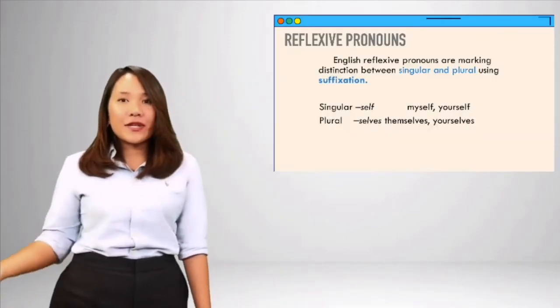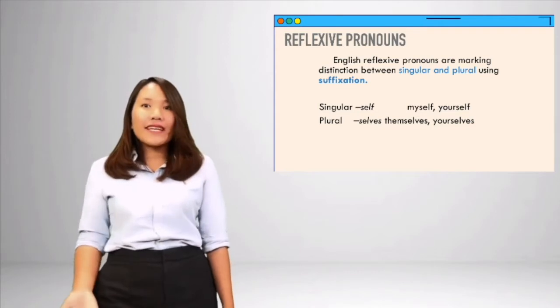Next, the second type of pronoun that receives inflection is the reflexive pronoun. Reflexive pronouns are pronouns that refer back to a person or a thing. For example, ourself, themself, yourself. This type of pronoun receives inflection to mark the distinction between singular and plural through the suffixation process. So we can describe that the pronouns ourselves, yourselves, themselves receive the inflection to carry the grammatical category plural number